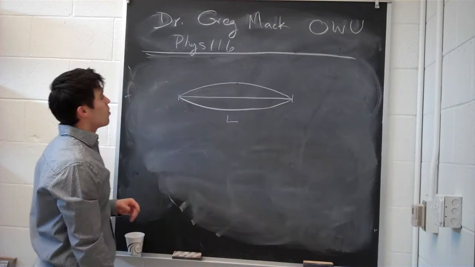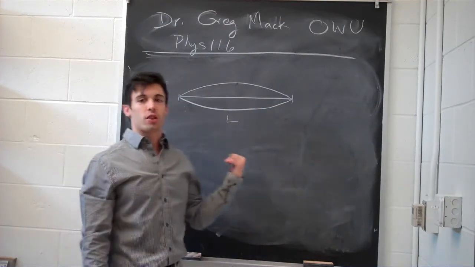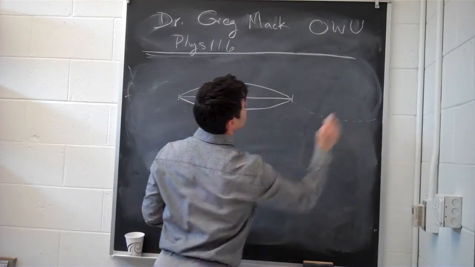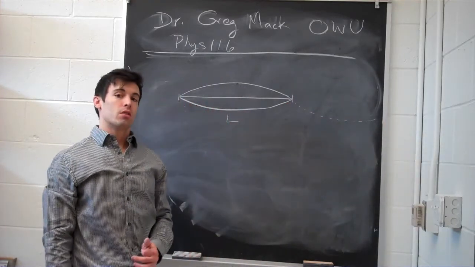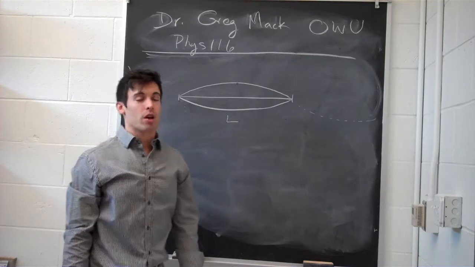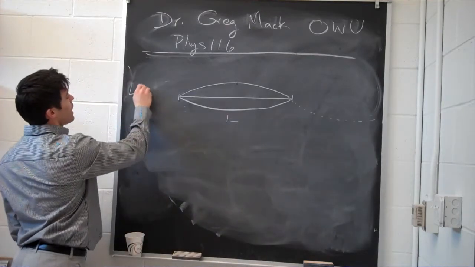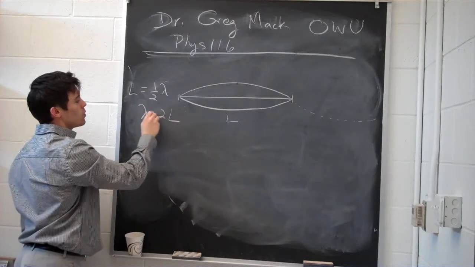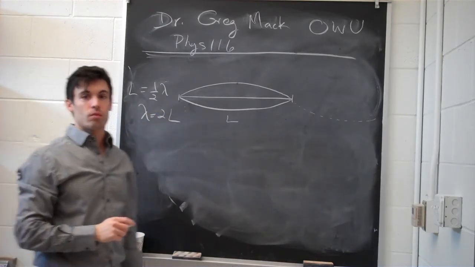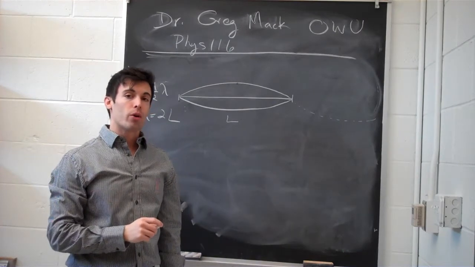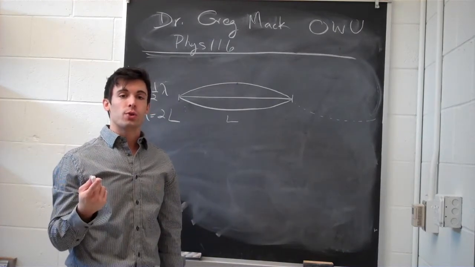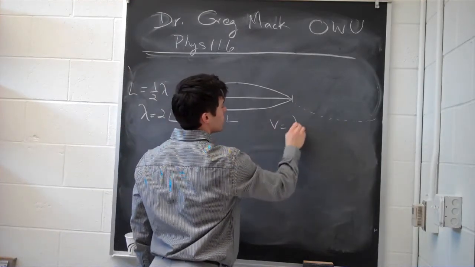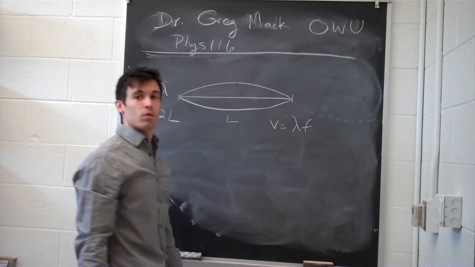So we can look and see how that wavelength corresponds to the length. One wavelength, remember, is the length for one period. This is itself half a period. So the length is equal to half the wavelength, or lambda is equal to 2L. Now remember that the speed is equal to the frequency times the wavelength. So v is equal to lambda f,